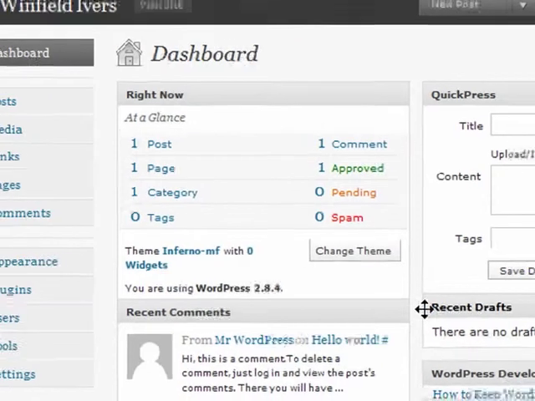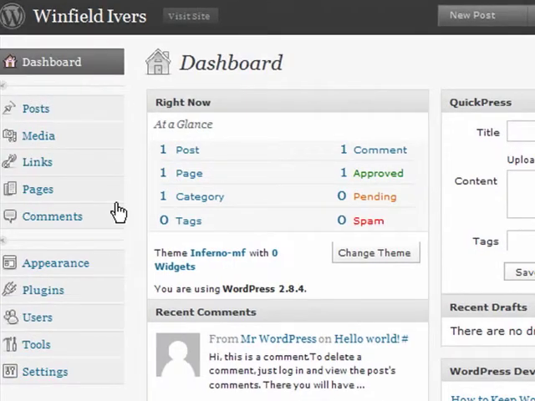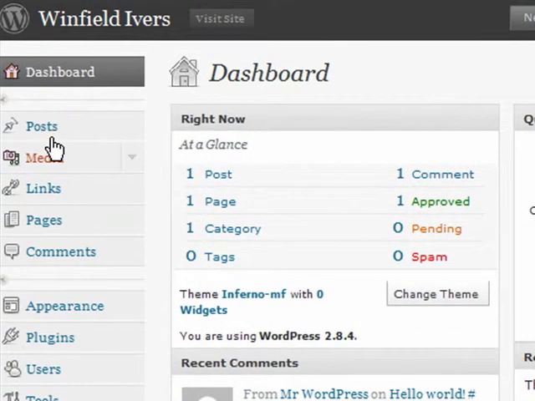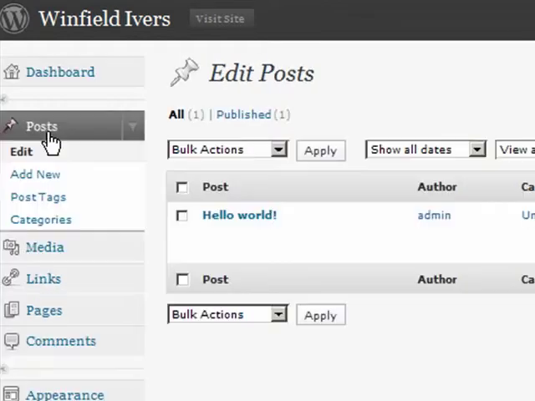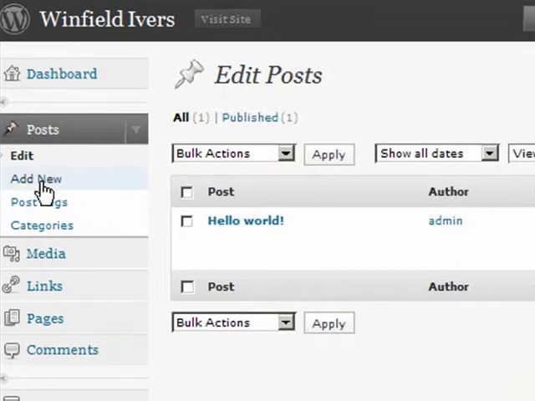So this will take us to the general screen, dashboard if you will, for WordPress. And since you're going to make a new post, you'll want to click right here, and this will show a list of all the posts you have. This is a brand new site, so it's got this hello world one. So we're going to add new,